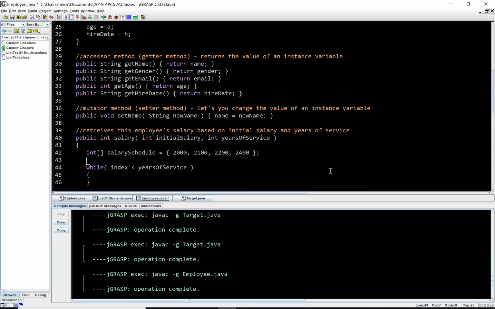So that means I need to initialize index to something, and it seems to me that the most appropriate value would be 0, because this is the element at location 0, 1, 2, and 3, and so I want to start here. So while index is less than years of service, so while this value, 0, is less than, let's say, 3,